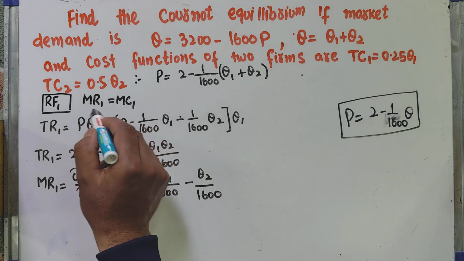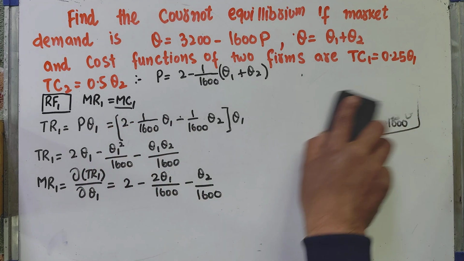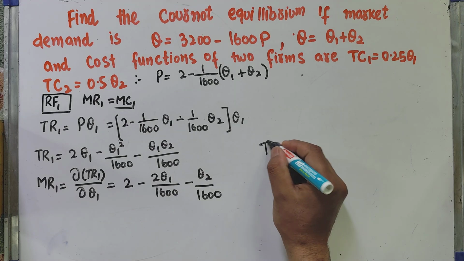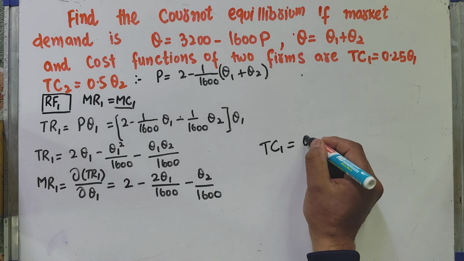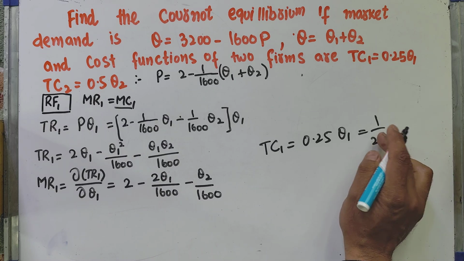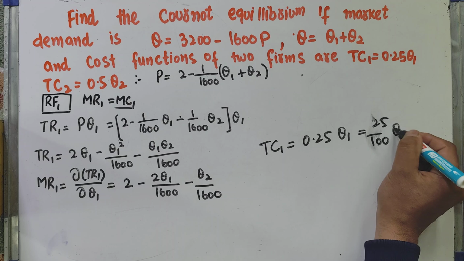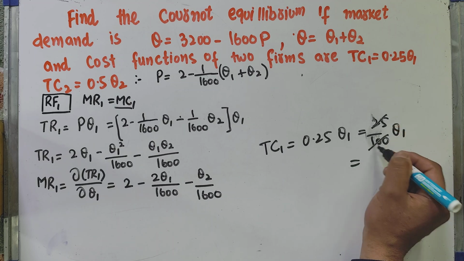Now for profit maximization, we equate it with the marginal cost of firm 1. The total cost of firm 1 is given as 0.25 Q1, which can be written as 25 upon 100 Q1, which will be equal to, 25 ones are 25, fours are